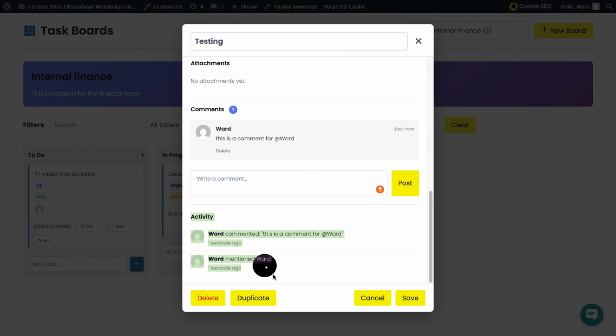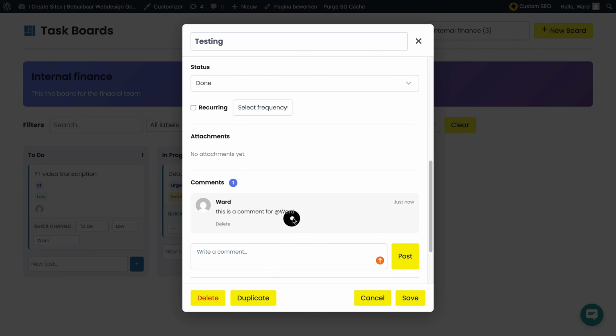The activity log was also not there before in the previous version. This helps keep track of everything that has happened to a specific task. So for every task you will have its own activity log. So here you see that I have mentioned this person, and here you see that I commented, and then the comment with the tag. So you can see, if multiple people are working on the same task, you will be able to see everything that has happened and every update that has been done to the task and by which person it has been done. So these are some of the more